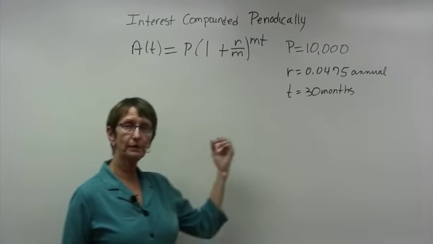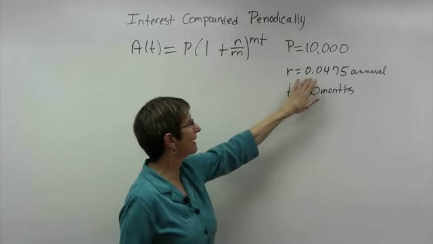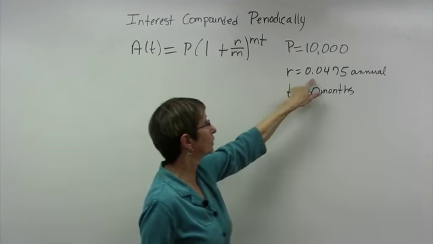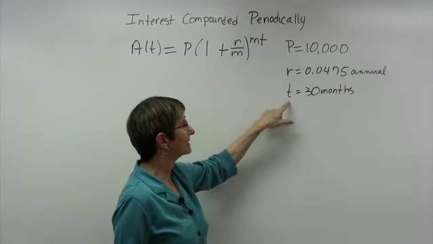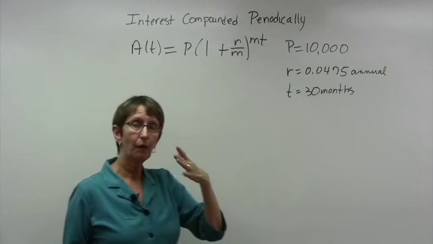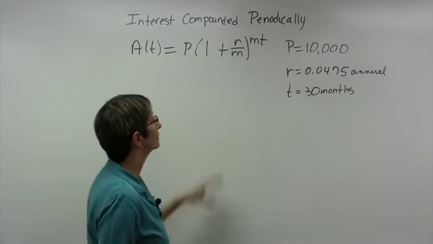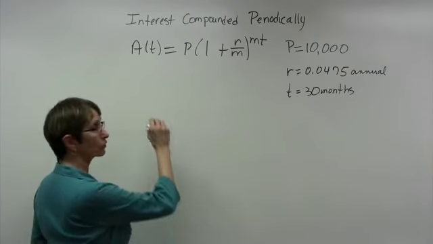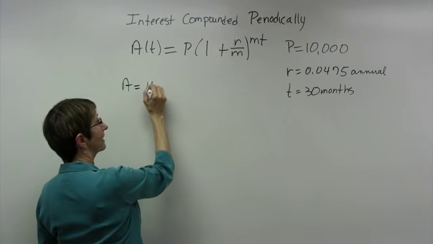So the example that we saw, our investment is $10,000. We have an interest rate of 4.75%, which makes R 0.0475. And the time period, we want to know what the amount will be at the end of 30 months. So let's put all these into the formula and see what we can come up with. We're looking for A equals 10,000